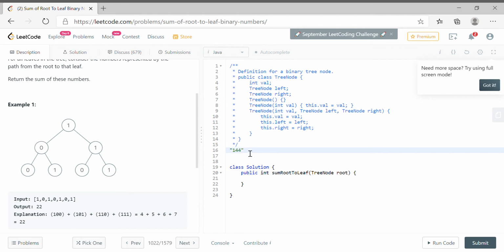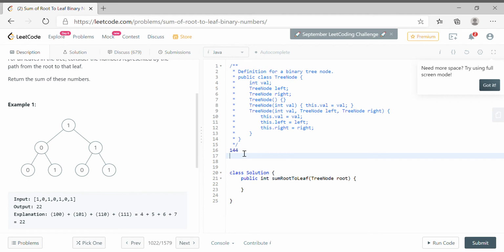Let's suppose that we have the integer 144, and let's assume it as a string. So how can we get the 144 value? There is a built-in API in Java you can use, but we are not going to use that. We are not going to use a string at all here. So what we will do is have one value, which will be assigned 0.